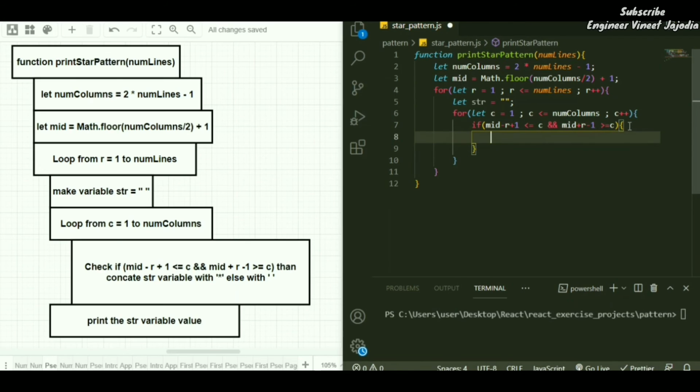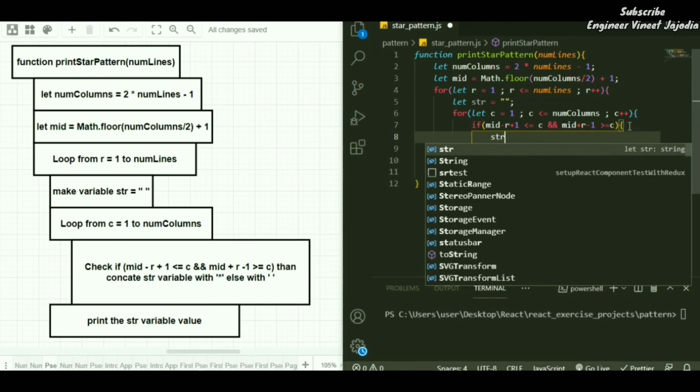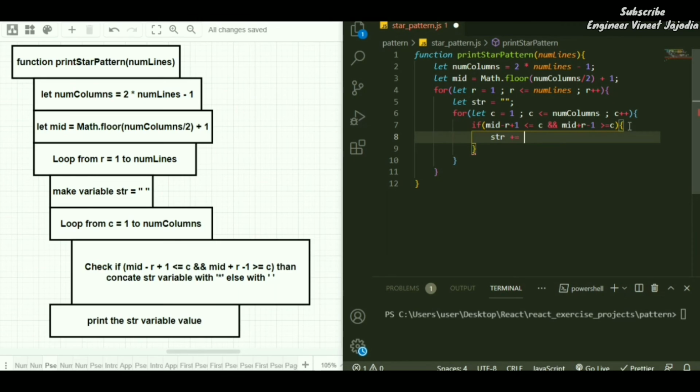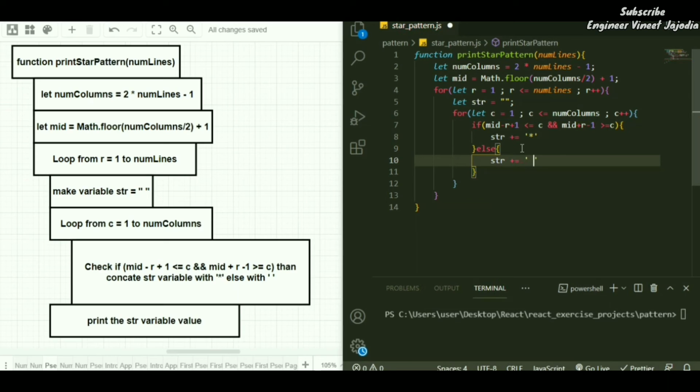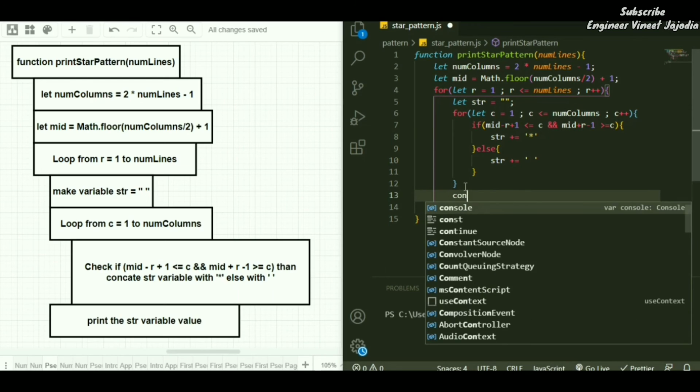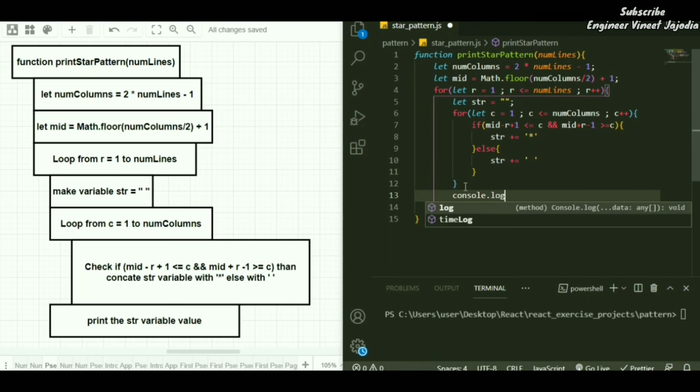If it is, then str concatenated with an asterisk, else str concatenated with an empty string. Once the loop for the column is over, then we are going to print the value of the string variable, console.log(str).